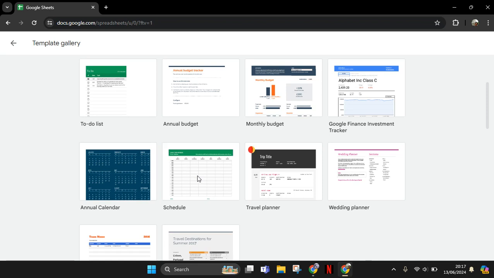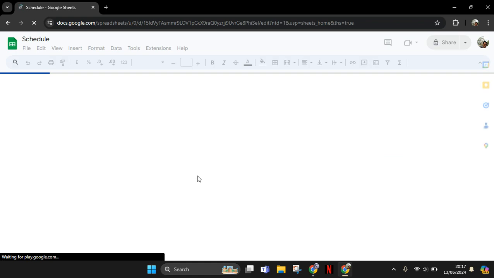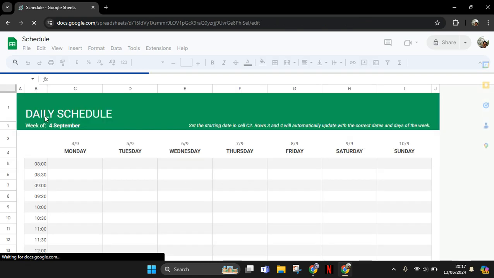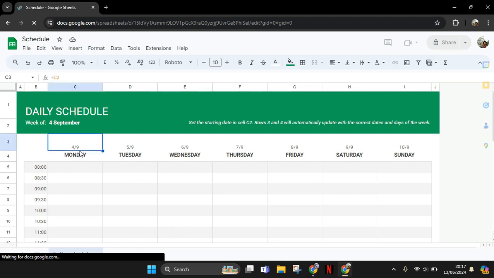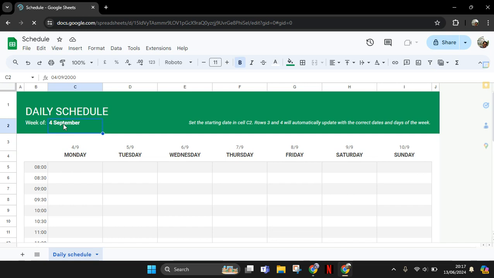So when you click on this template, there will be this daily schedule template that you can modify based on your own schedule. Here you can change, for example, the date. Currently it's on September 4. So I'm going to change it. Click on this. I'm going to change it into,